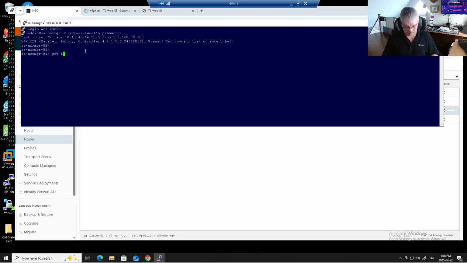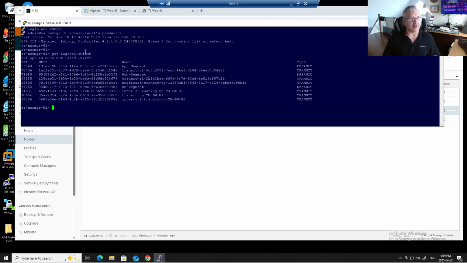Type in get logical. Did I make a typo here? Logical, what do I want here? Logical switches. And I hit enter. Again, I'm looking at web segment 71680. It's right there. So let's look at the tables in that. So let's get logical switch